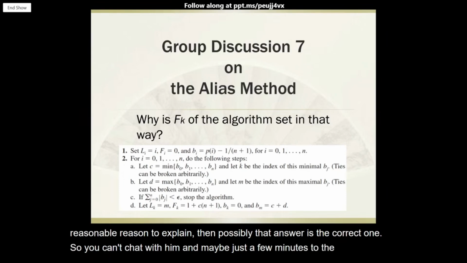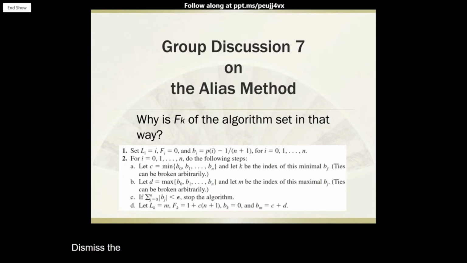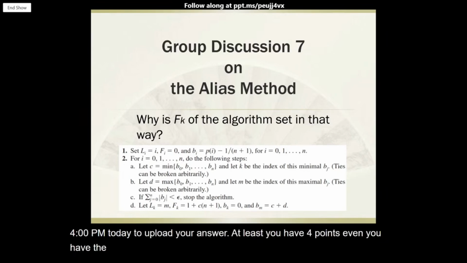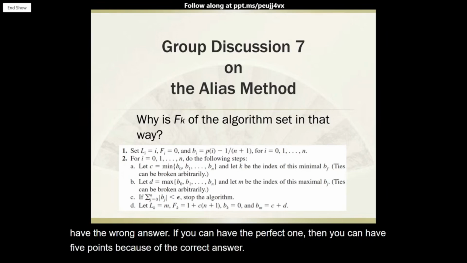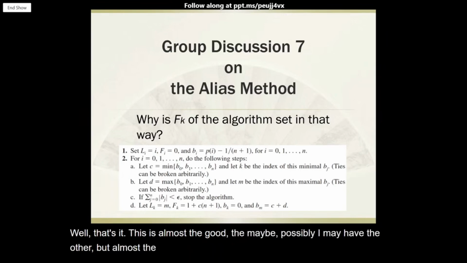And maybe just a few minutes, to 15, 20, and then we need to dismiss the class. But I think I will allow you time until 4 p.m. today to upload your answer. At least you have 4 points even if you have the wrong answer. If you can have the perfect one, then you can have 5 points because of the correct answer. Well, that's it. This is almost the final good discussion. So if no further questions,